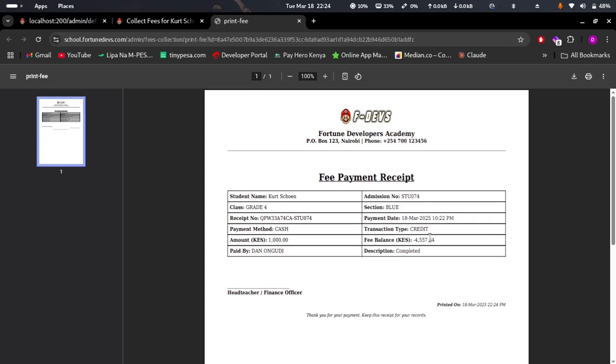So next time, in the next session, they can just use this one and then add the extra amount being charged for that session. Here you can see the teacher or the finance officer can sign and then stamp the document until it will be valid to be used later in case the records get